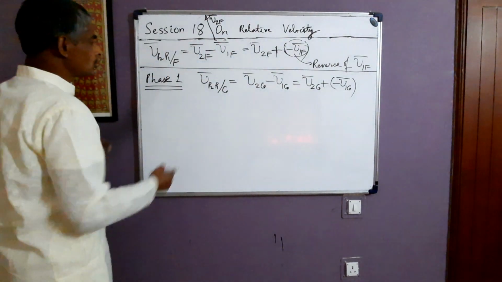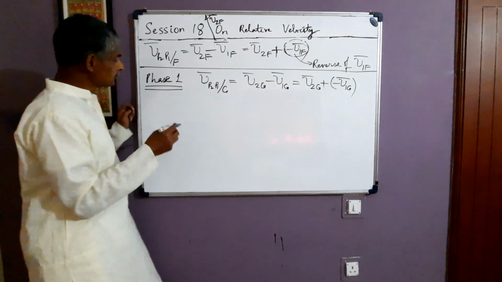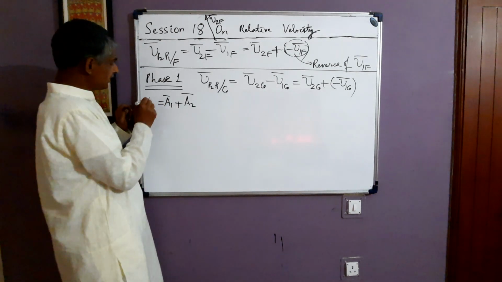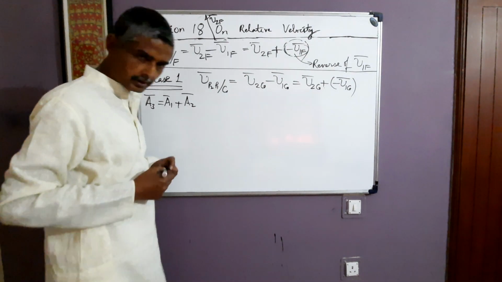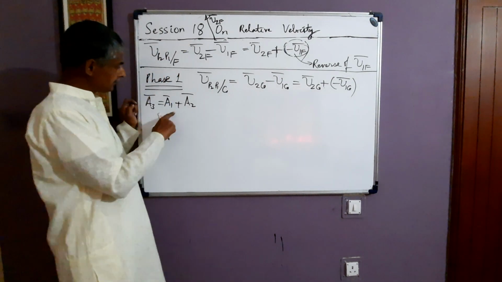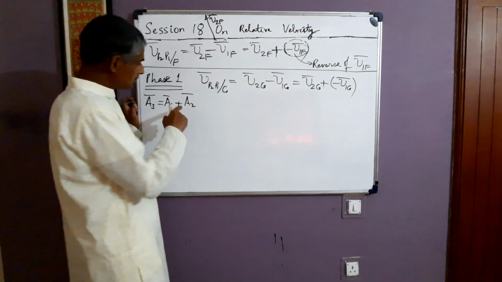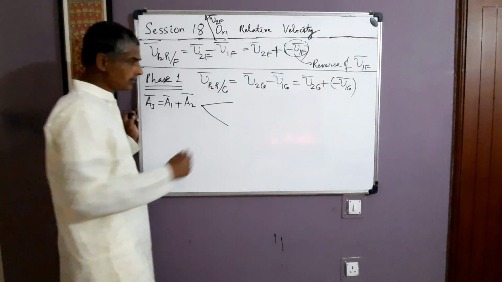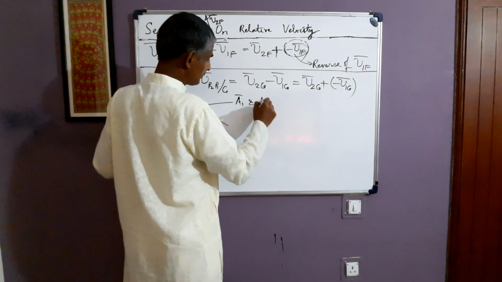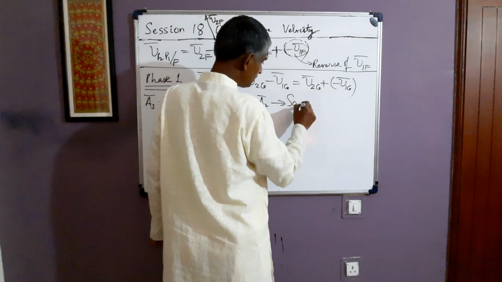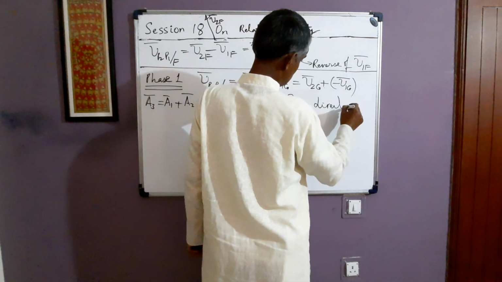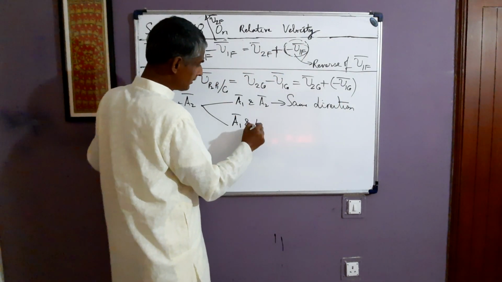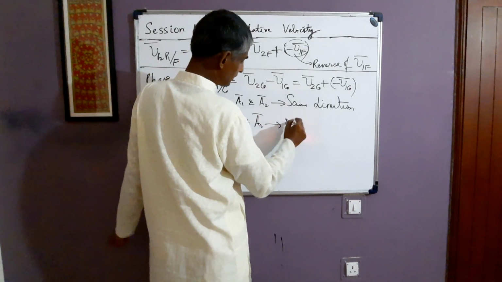Okay. So before I go ahead, one thing I would like to say, suppose we have two vectors A1 and A2 of the same type. We add them, we get the resultant vector A3. Now one thing I would like to say regarding vector addition, that two special cases arise. Suppose A1 and A2 have the same direction. And second, A1 and A2 have opposite directions.